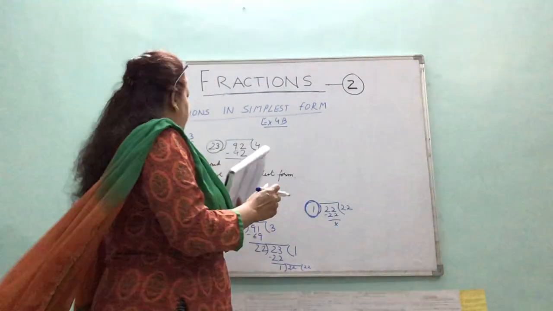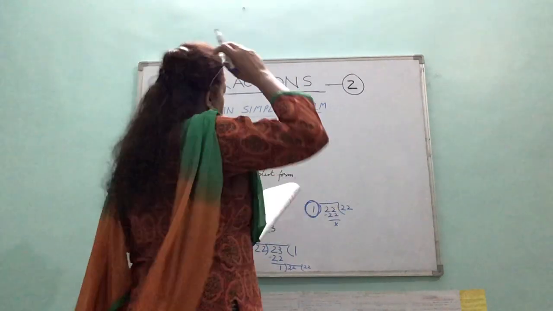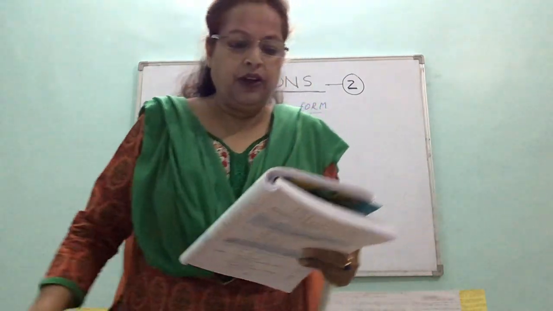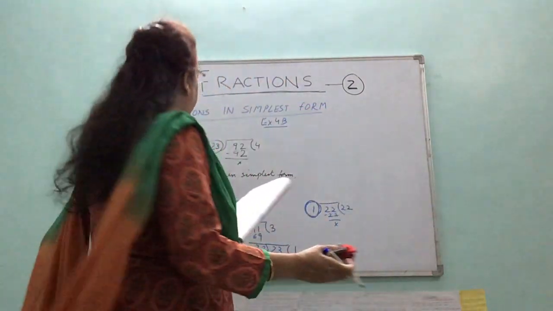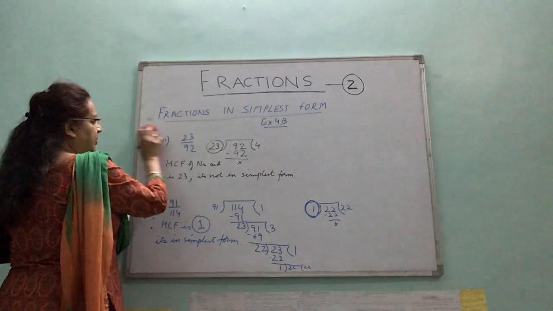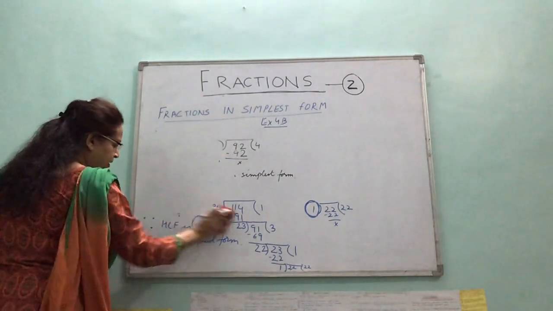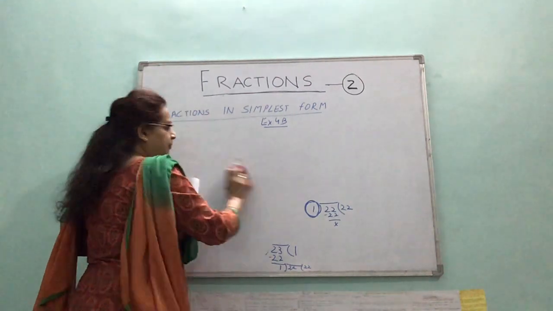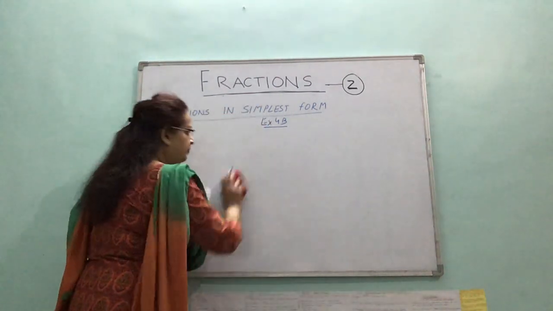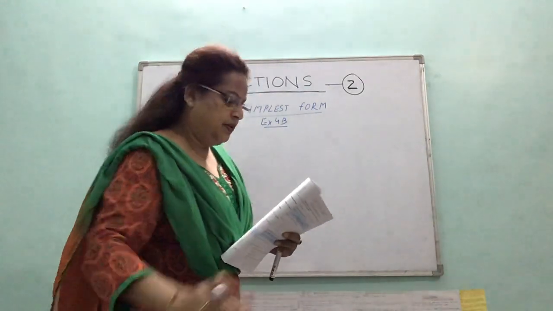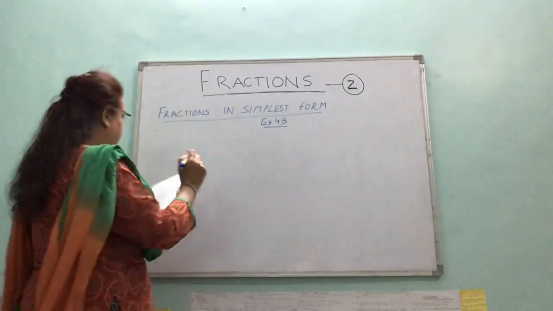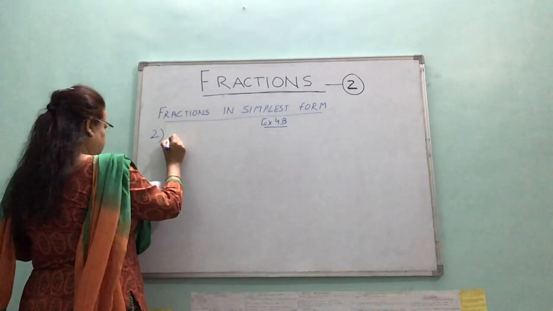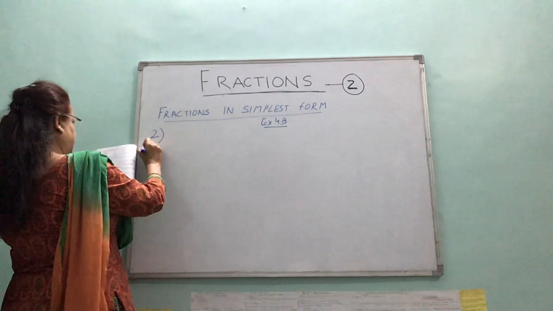Alright. So, I will do the second question. And what is the second question? Reduce each of the following fractions to its lowest terms. Well, I am rubbing this off. And I will take 2 questions to reduce to simplest form, because I will do it by 2 different methods. Question number 2, page number 64.